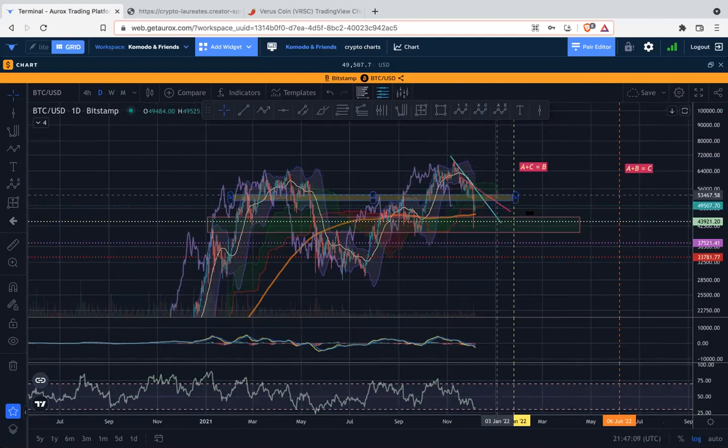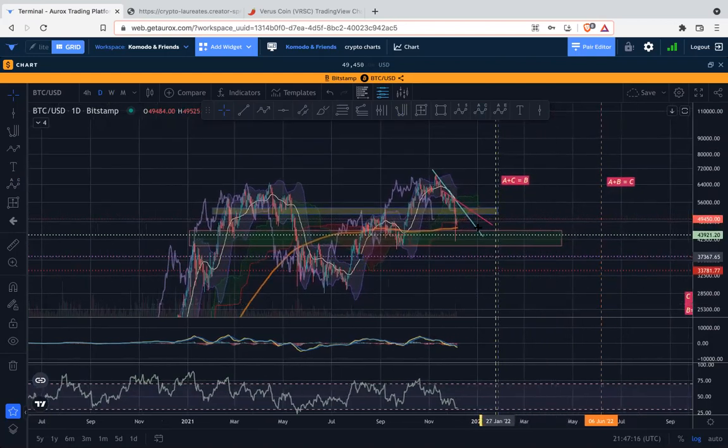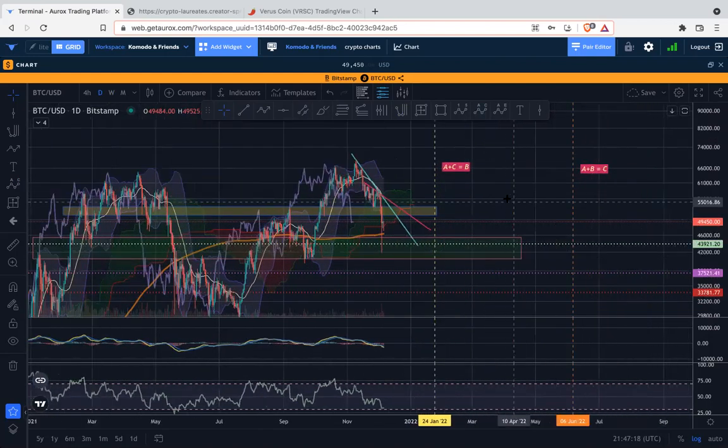Let me just do that again. Basically what I'm checking here is trend lines down, because if we start breaking the trend line to the other side, then that's a potential indication of an ending of the move. The other thing is